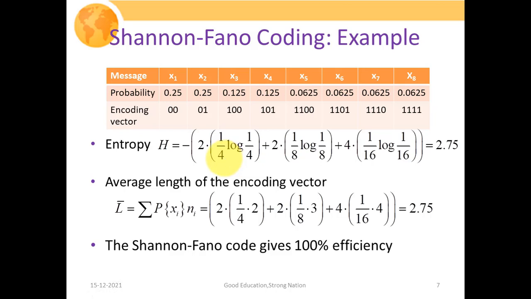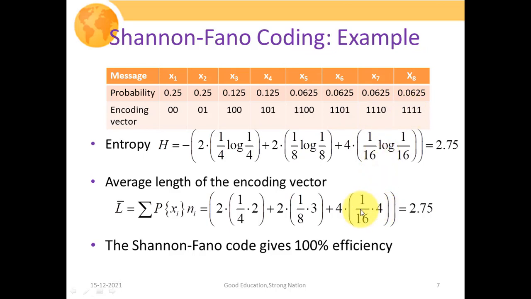In order to incorporate the probability of x1 and x2, we have multiplied it with this 2, and the number of bits ni we have used to encode those symbols x1 and x2 is 2, plus again 2 times 1 upon 8, and the number of bits we have used for those symbols is 3, that is 100, 101, plus again 4 times 1 upon 16, and the number of bits we have used to encode these symbols x5, x6, x7 and x8 is 4, 4, 4 and 4.